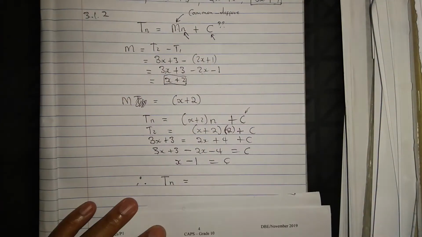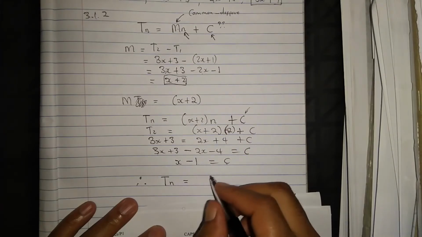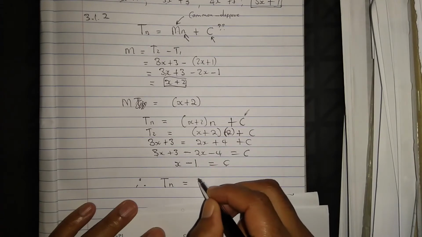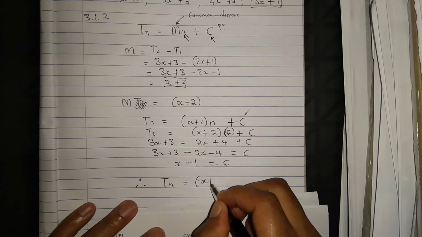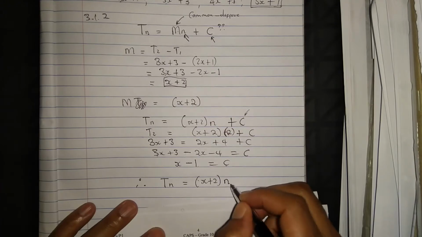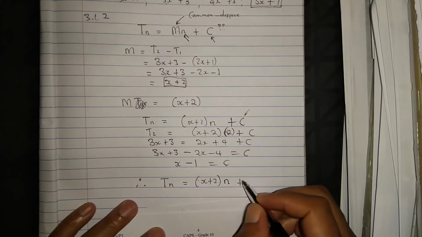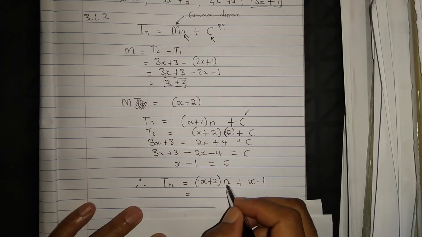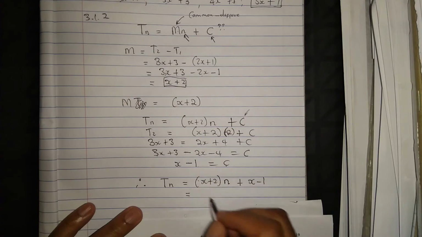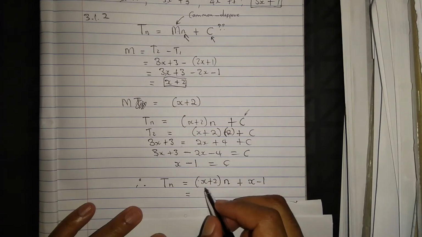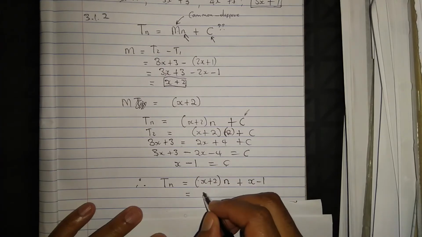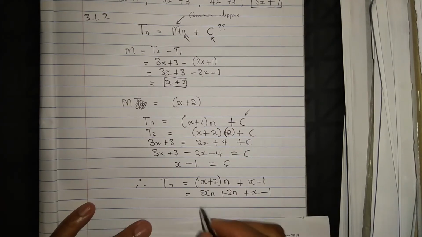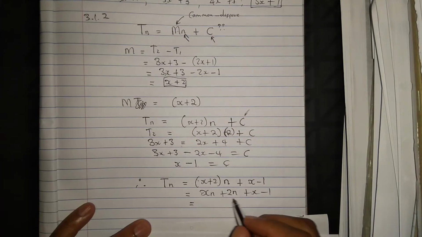The nth term or the general term is Tn equal to, substitute now. Substitute the x plus 2 and n, plus what's the value of c? It's x minus 1. So therefore, now you simplify further. I'm going to remove the bracket from this. You're going to get xn plus 2n plus x minus 1 equal to,